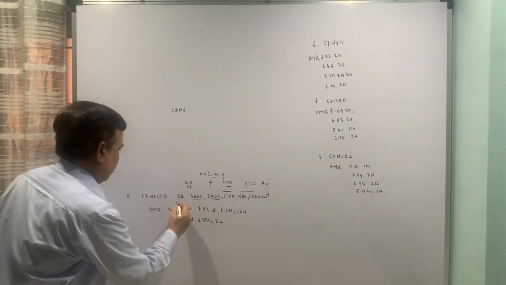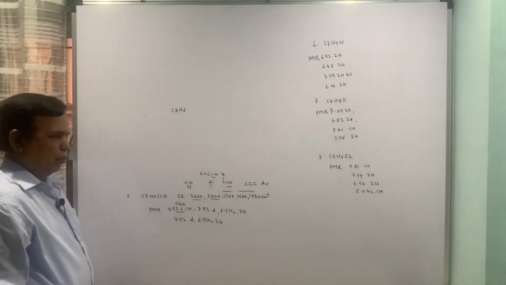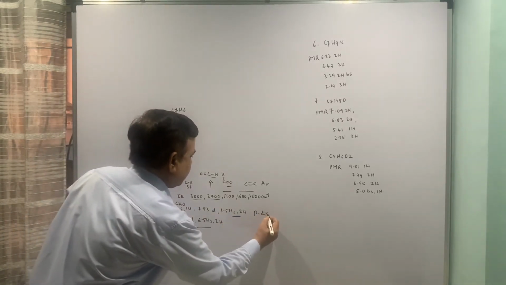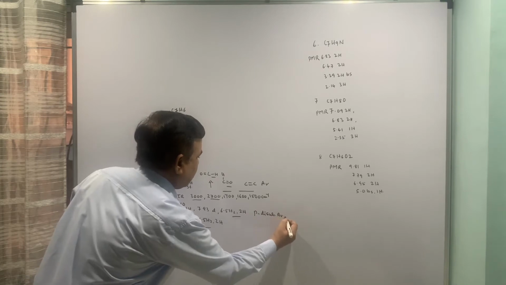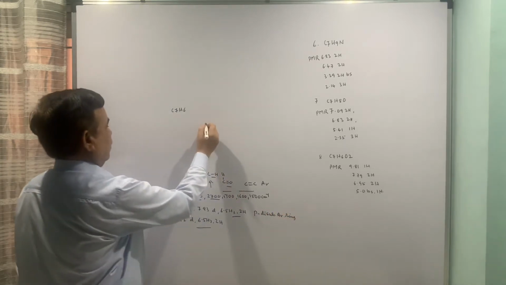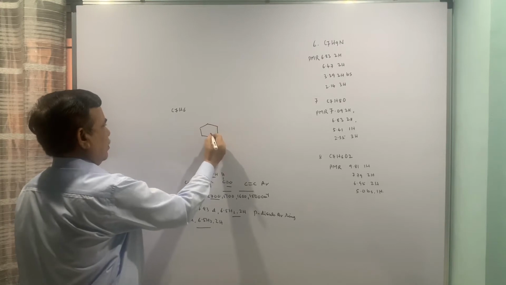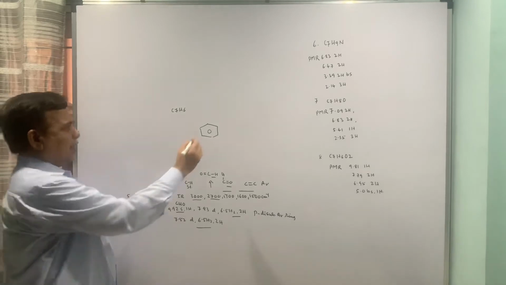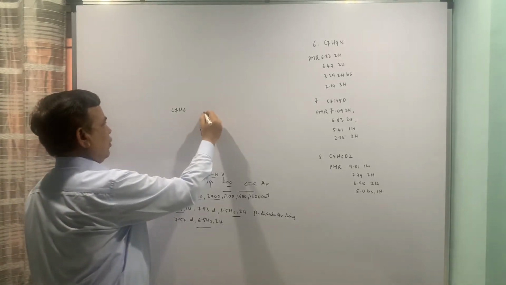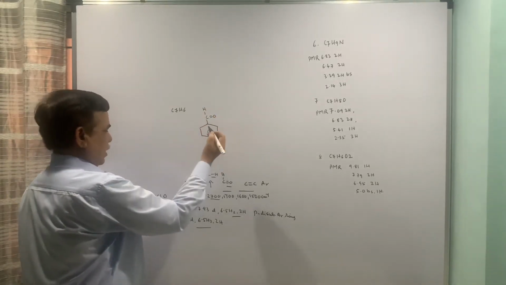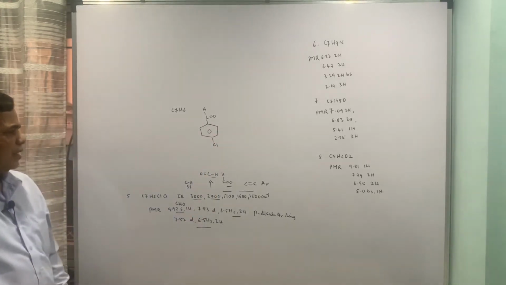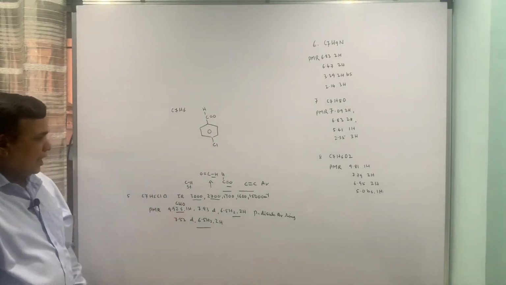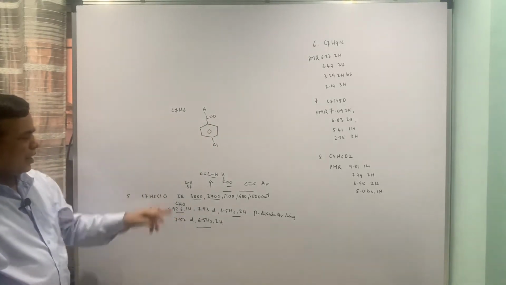PMR, this 9.9 suggests CHO, and these two suggest a para-disubstituted aromatic ring. Means you have to have a carbocyclic ring where six carbons are utilized, the seventh carbon has to be in the form of an aldehyde, and what is left? Cl is left. So 1, 2, 3, 4, those two sets are there, halogen and CHO.